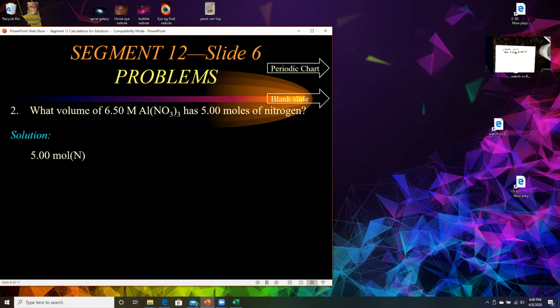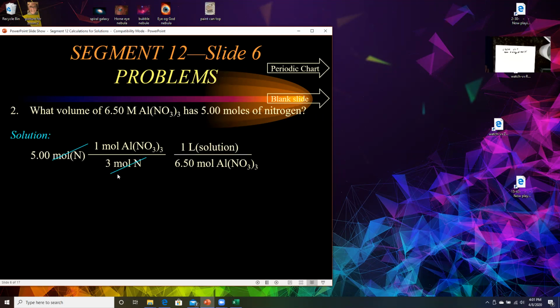Okay, now we're going to do this as a unit conversion. We're given 5 moles of nitrogen. That's the amount and that's the unit. So I want to put moles of nitrogen in the denominator. And I noticed that in this formula, there's 3 moles of nitrogen in that compound. So that, and now I want to go to moles, okay? So when I do this math, I come out with,